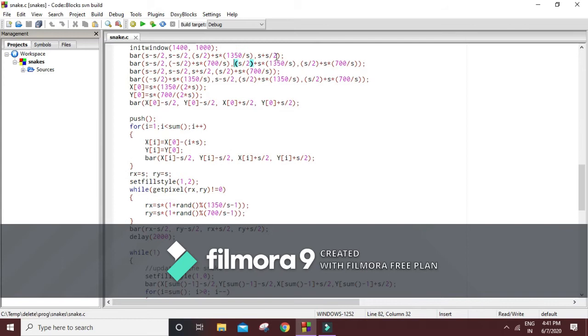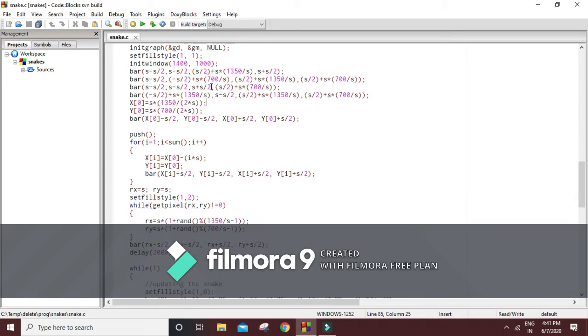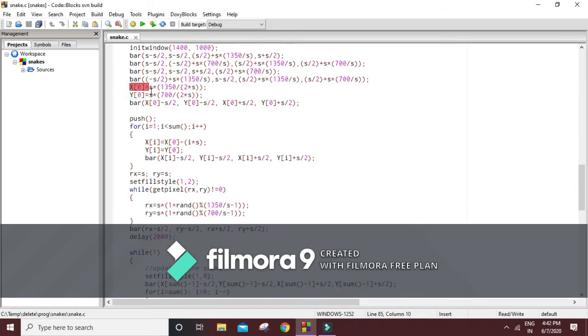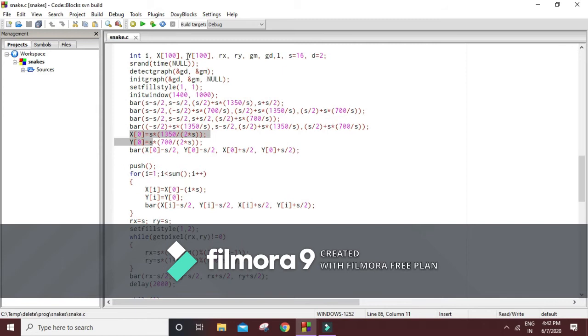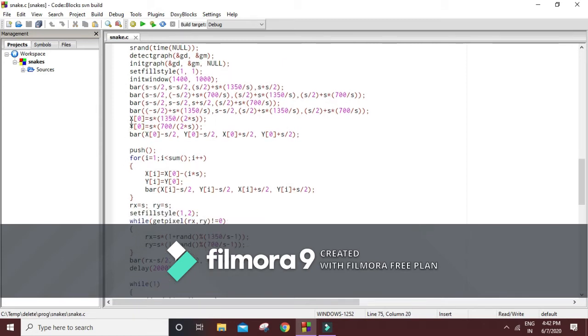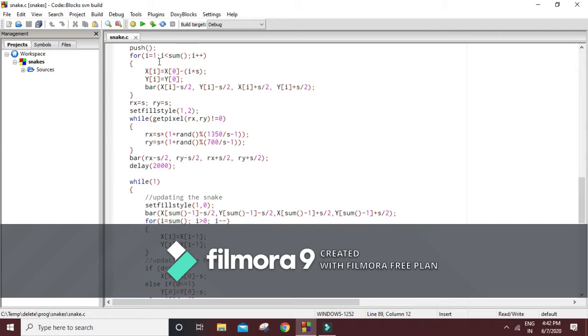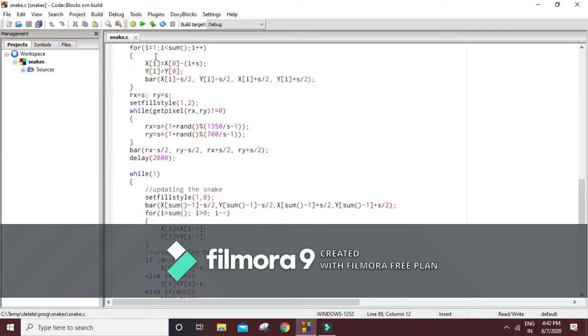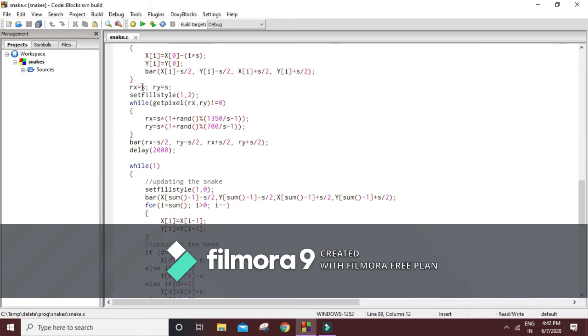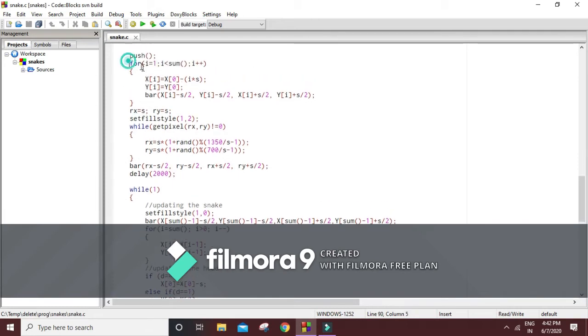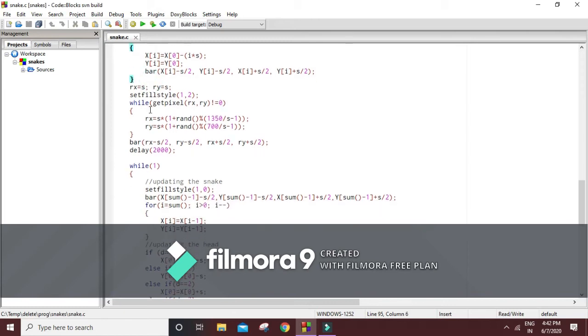So after initializing the top, bottom, left and right, we come to initialize the snake, and for that we'll use an array x and y, where x will be the x coordinate of the bar function used and y will be its y coordinate. Now we push to initialize the length of the snake with 5, and we take a loop so that the snake will be visible on the screen. This loop initializes the snake on the screen.